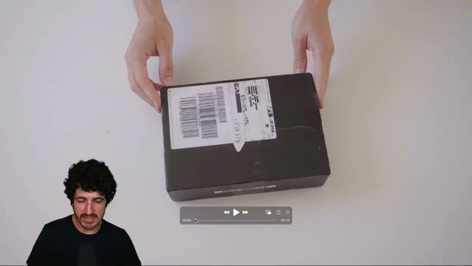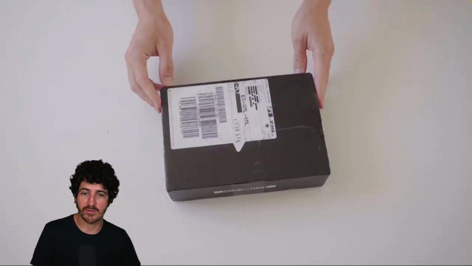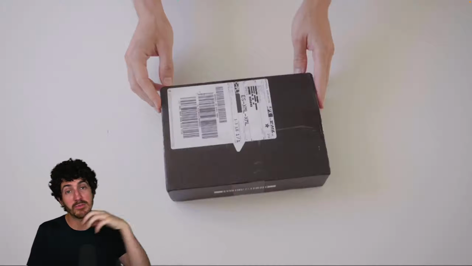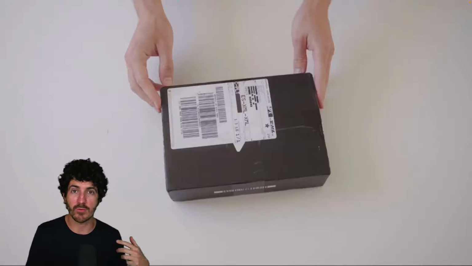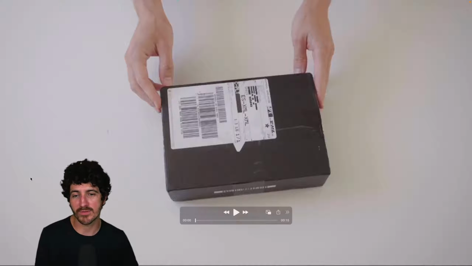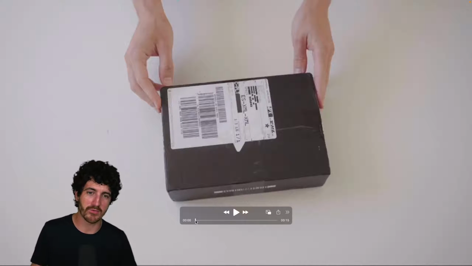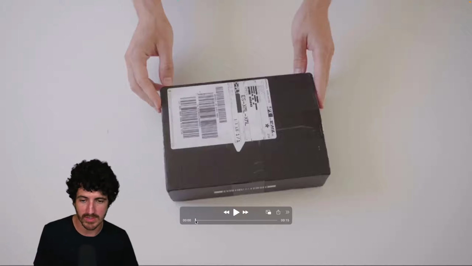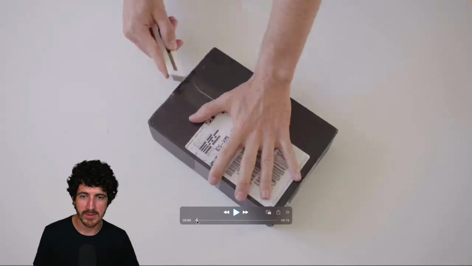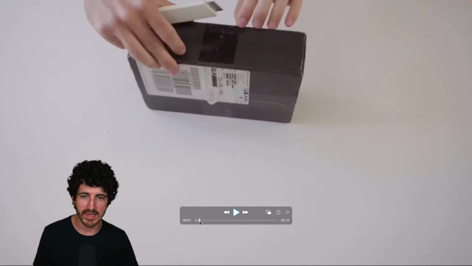So this is the box that got to me, shipped to Spain from the US. Now we have to pay a lot of taxes on every package you get. So you pay extra if you buy from Europe to a store that is in the US. Just bear that in mind. I opened the package and